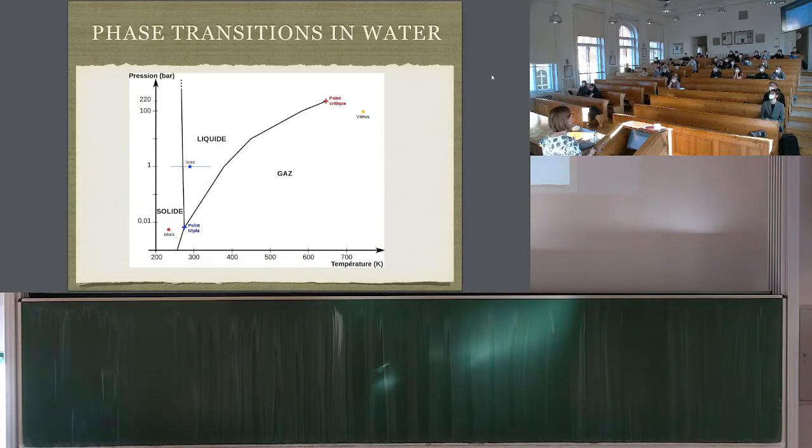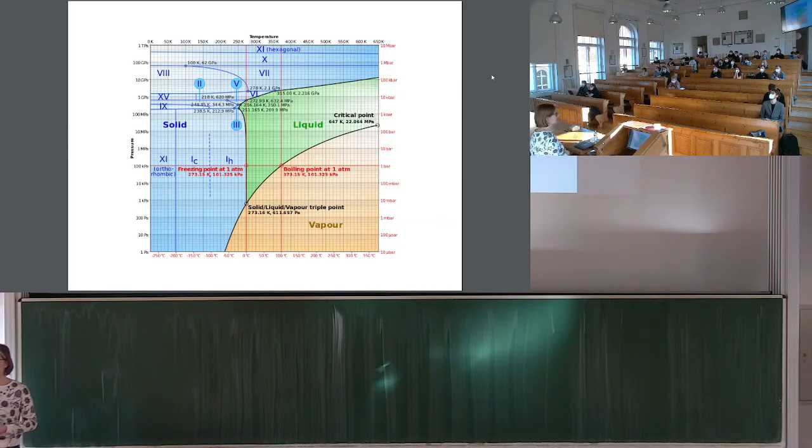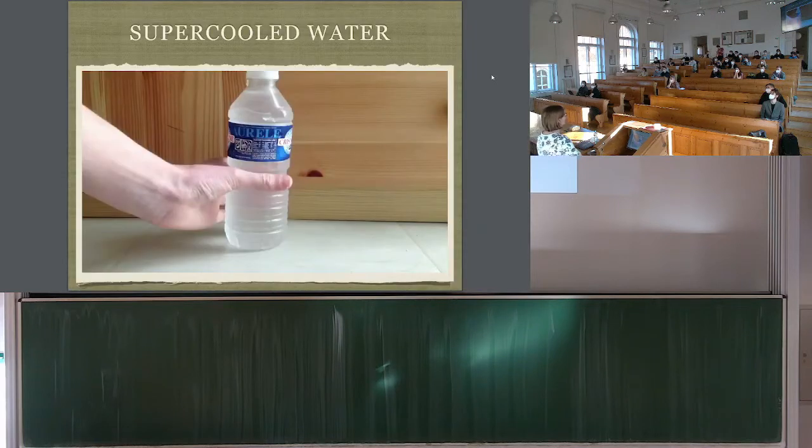And this is what we see, say, in high school textbooks. Then, of course, in research these days, the phase diagram of water looks more complicated. That's one taken from a recent article. There are not only 3 phases, but maybe 13, especially at high pressure, the crystalline and solid phases of water. There are many of them, and many of them have mysterious properties, and it's still studied today, and very cool papers are written about it. But that's not what I will be talking about. I will be talking about things related to supercooled water.